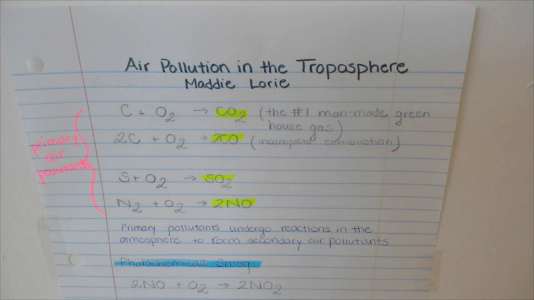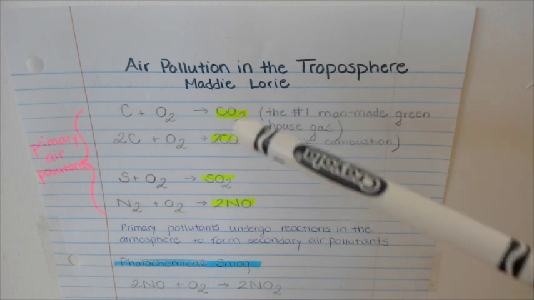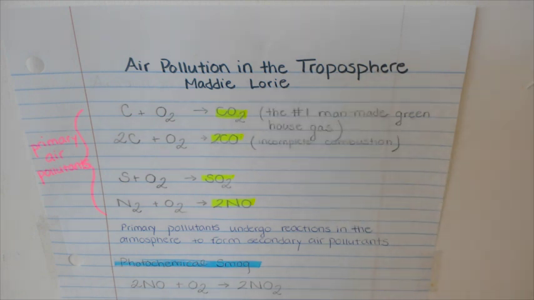We're going to talk about air pollution in the troposphere. So first we're going to look at the chemical reactions of some of the primary air pollutants. You also hear these referred to as the 6 criteria pollutants. Carbon dioxide isn't technically a criteria pollutant, but it is recognized as an air pollutant, thus regulated by the EPA,